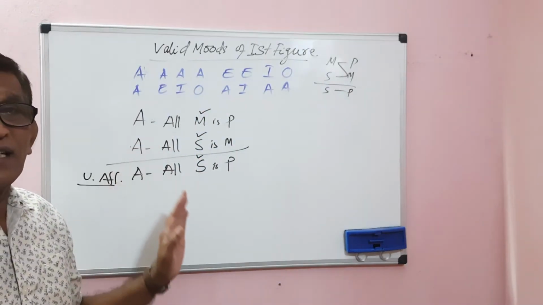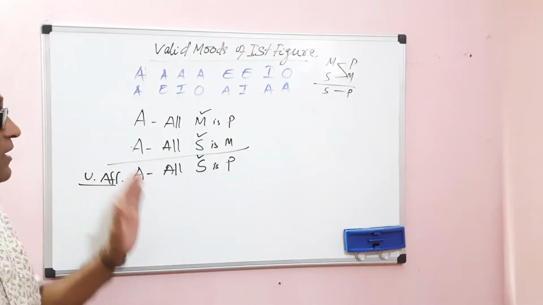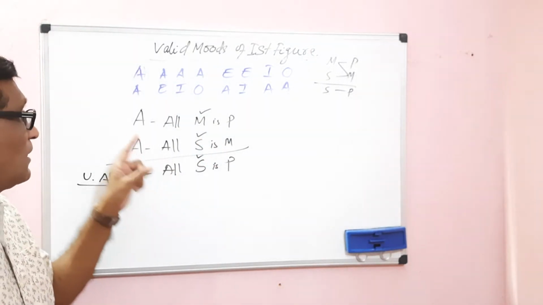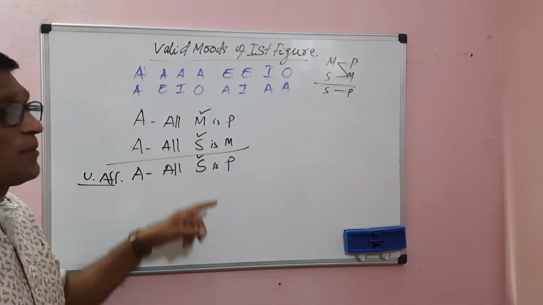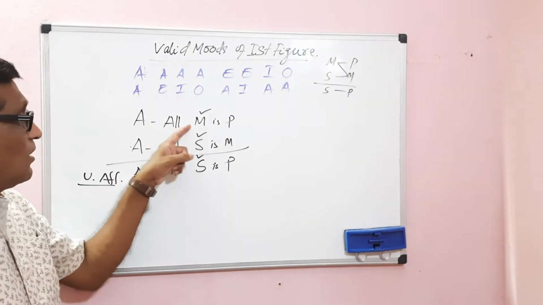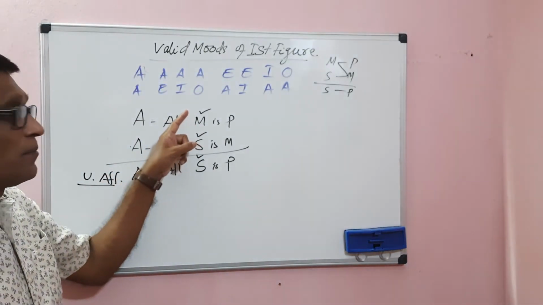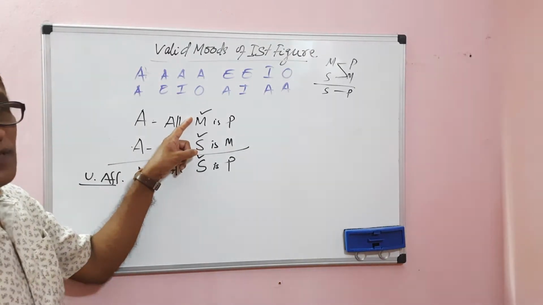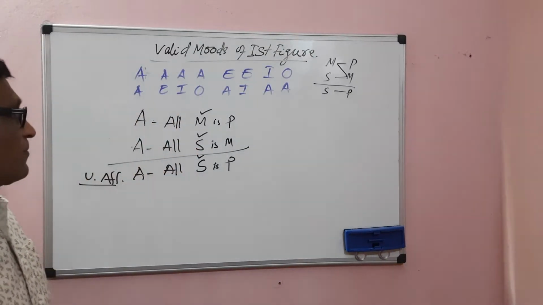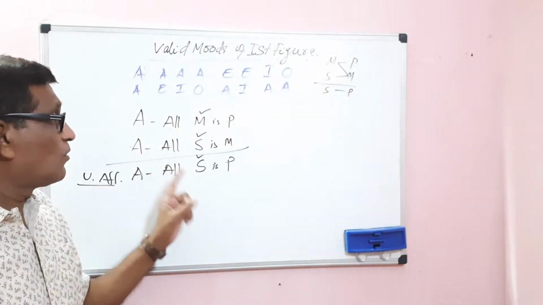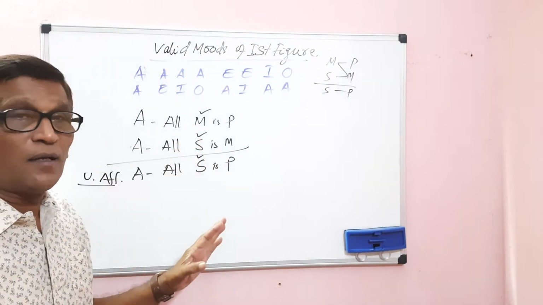First of all, we have to see whether there is a violation of any logical rules. We have 10 general syllogistic rules. We have to apply all the possible rules to test the validity of this argument. First, the middle term must be distributed at least once in the premises. Here, the middle term is distributed in the major premise. An A proposition distributes the subject term, and the middle term occupies the subject place in the major premise. So there is no fallacy of undistributed middle.